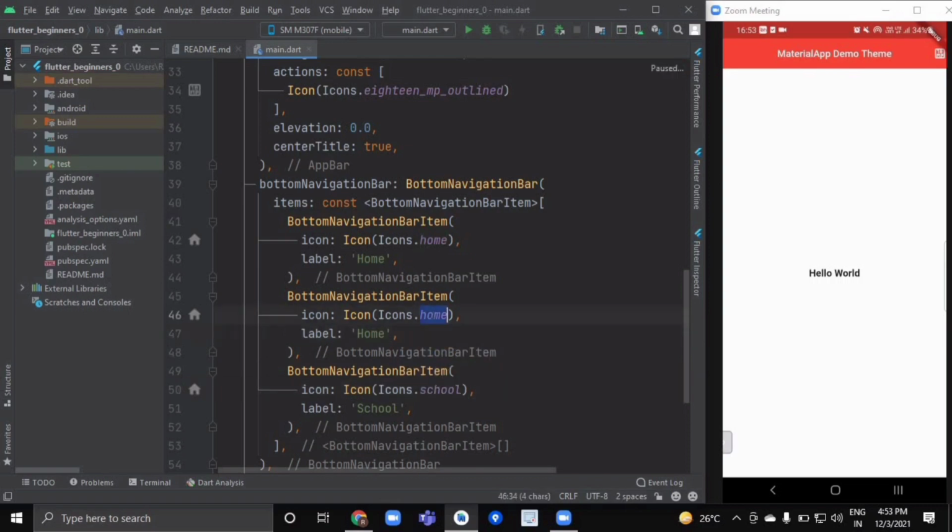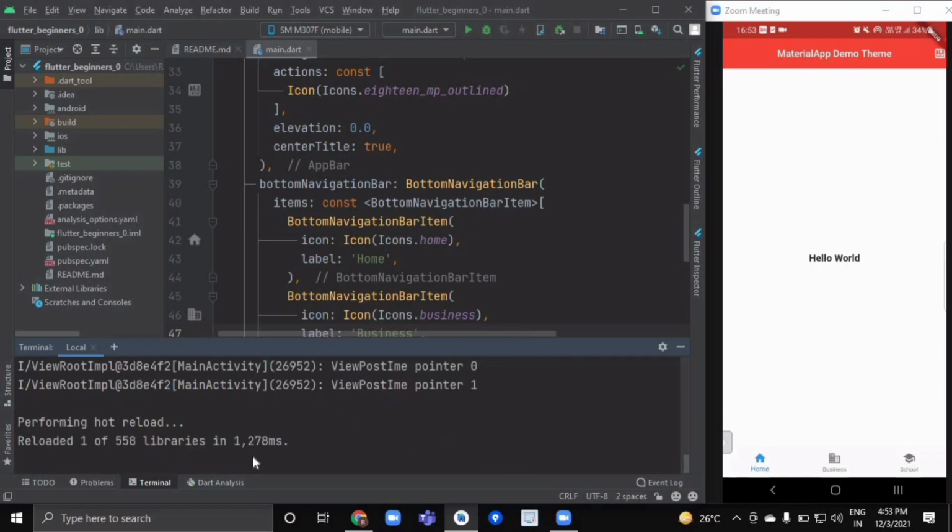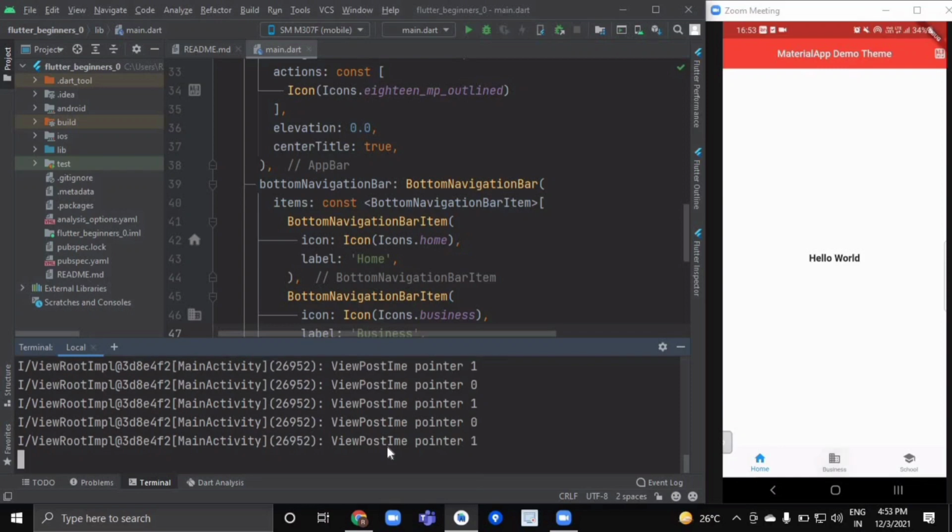Okay, again here we'll search for business, and we'll change its name to business as well. Okay, here we are done with our bottom navigation bar as well. So now I will click on it. So now we'll hot reload it, so you can see that you are having a beautiful bottom navigation bar on